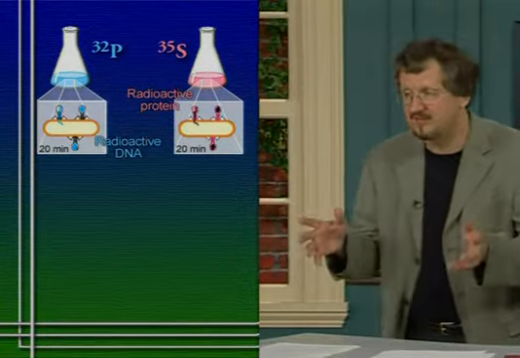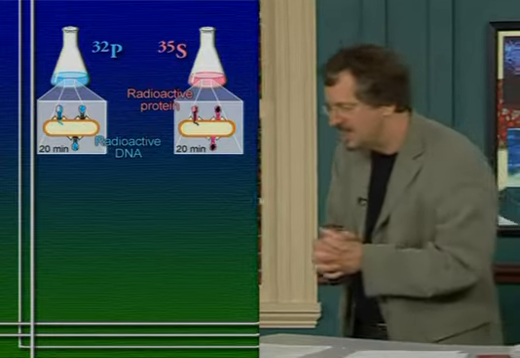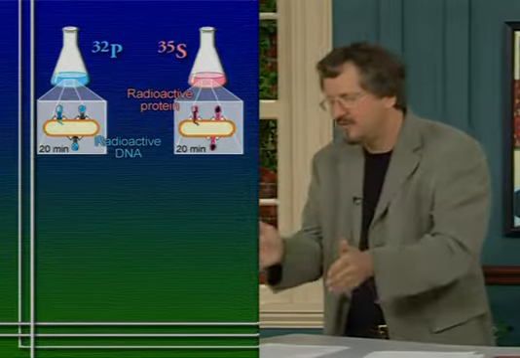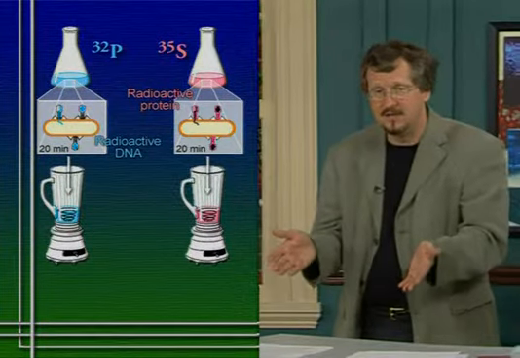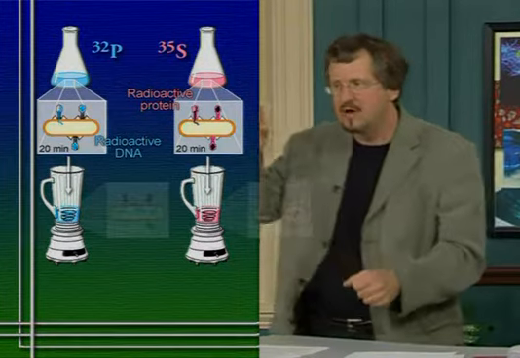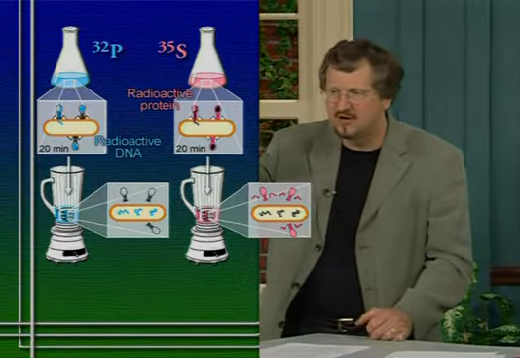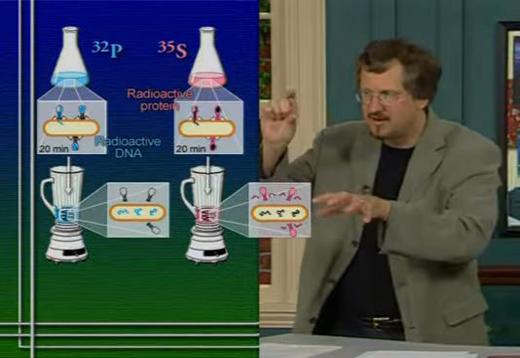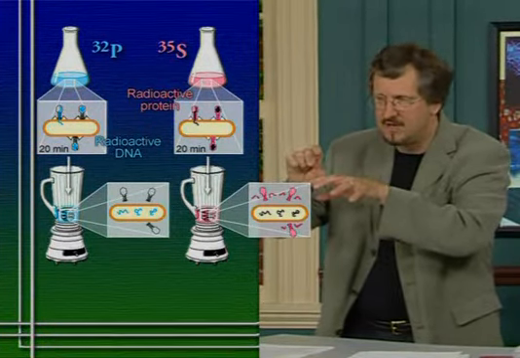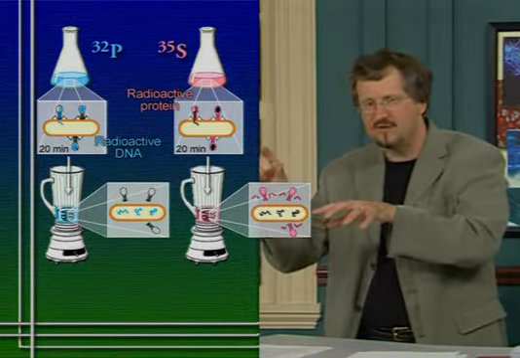And after, at the end of that process, by the way, what happens is that the bacterial cell essentially explodes and all the viruses come pouring out. So they gave it only a few minutes, about 20 minutes, and then they would put the solution in a blender, literally. And the idea is gently to blend these, and by agitating it, they could separate the outer coats of the virus that had been attached to the bacteria from the bacteria cells. So the virus attached to the bacteria injects something into the bacteria, they give it just enough time to do that, and then they agitate the solution to break off the viral coats, separate them from the bacteria,